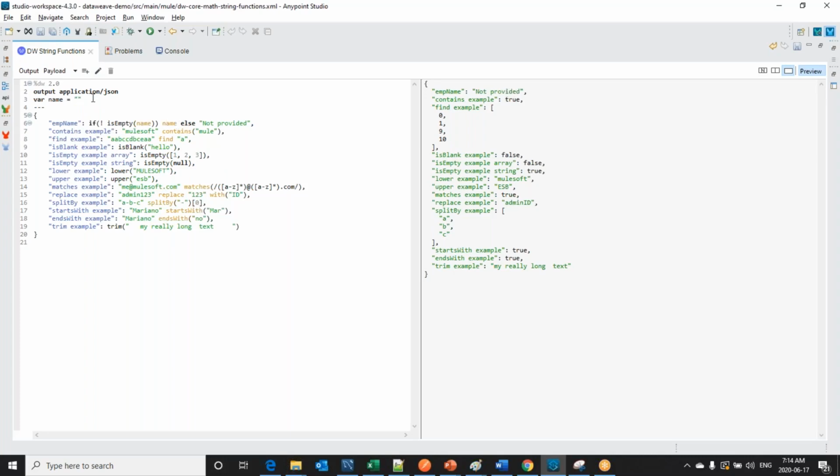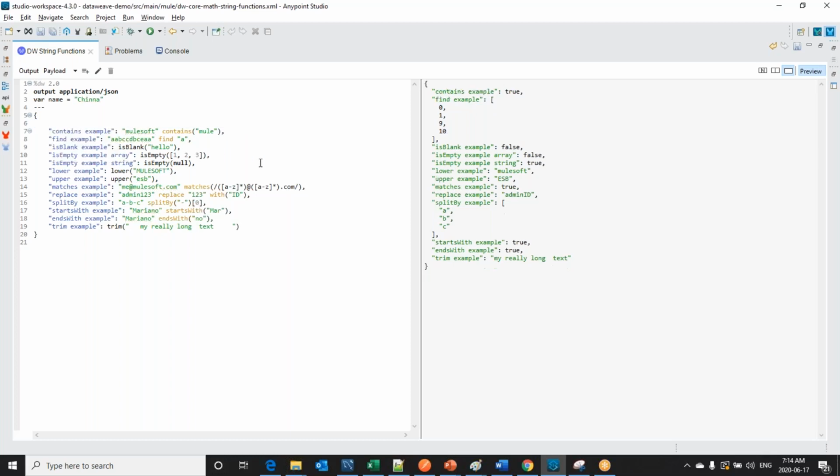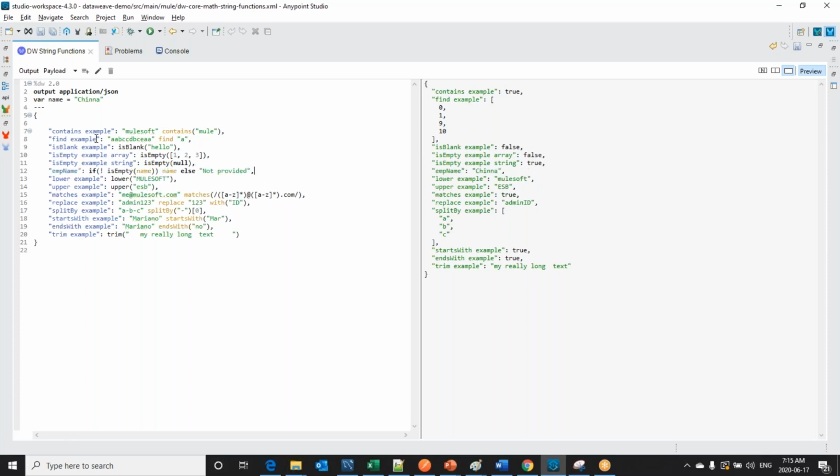And let me supply it as null. So this way we can make use of isEmpty to check both empty and also null rather than writing both. So let me change it to name now. And let me move this piece of logic after isEmpty. So isEmpty has significant use. We mostly use it in real time DataWeave transformations.